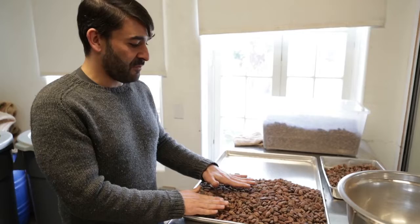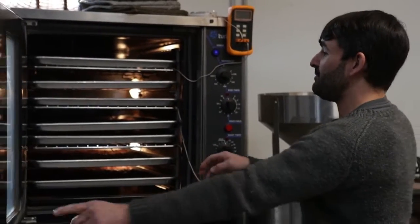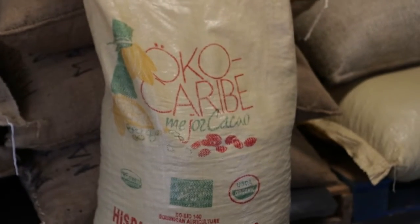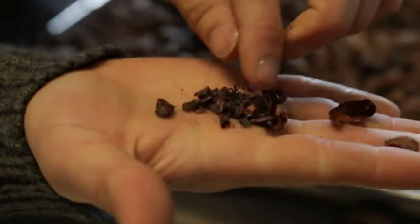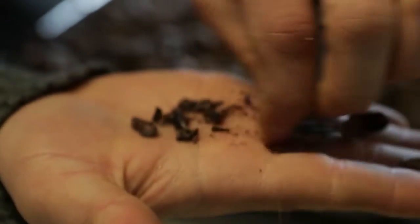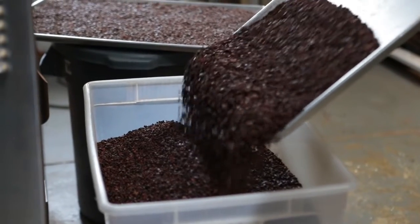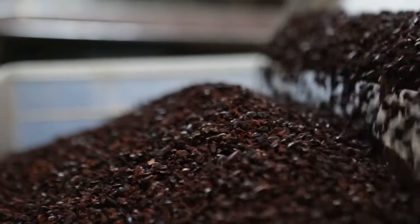From here, these beans will get weighed out onto big sheet pans and roasted. The nibs for Zero to Sexy, the Oco Caribe origin, can tolerate a hotter, shorter roast, which brings out a lot more of the cocoa character. Once the beans are roasted, we have to crush them and then remove the shell to extract the cocoa nib. And the vacuum will pull away the shell and it lets the nibs that you want fall into a collection bin. Once all of the shell is separated from the cocoa beans, the nibs are packaged up and sent over